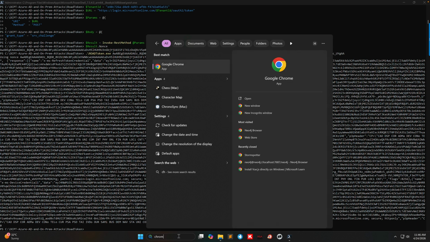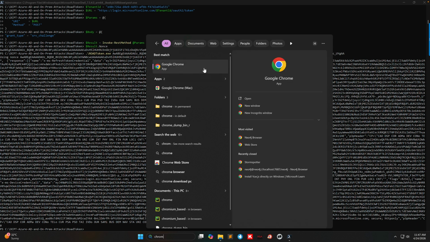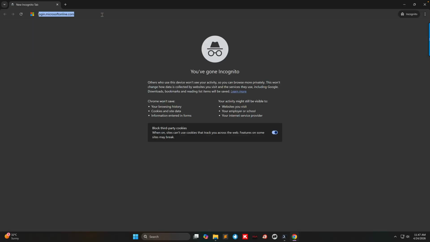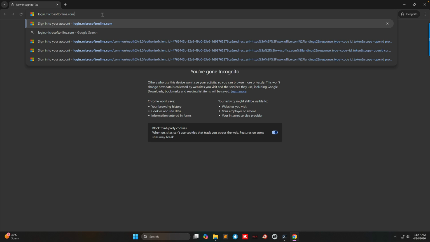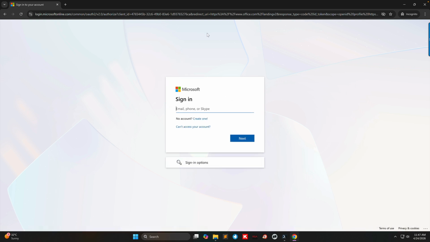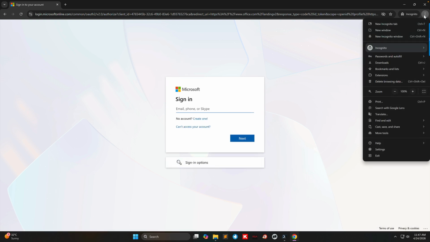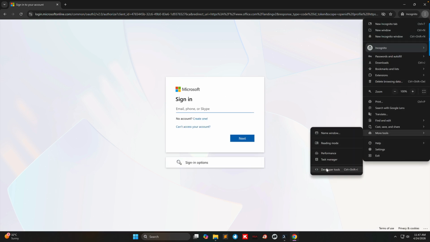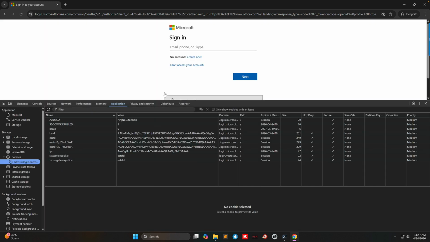So I'm going to the Chrome. This is the Chrome in new incognito mode. I'm going to login.microsoftonline.com. Once you log into this, what you can do here is just select that part, more tools, developer tools, and